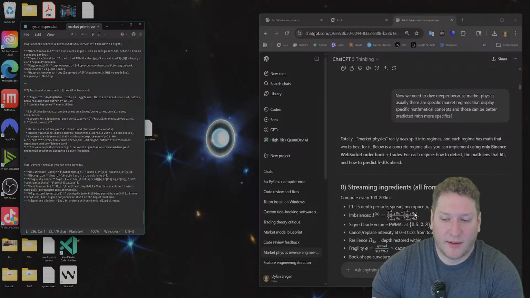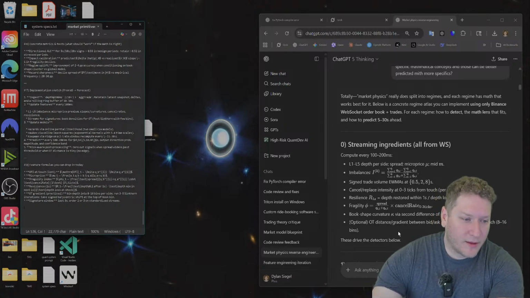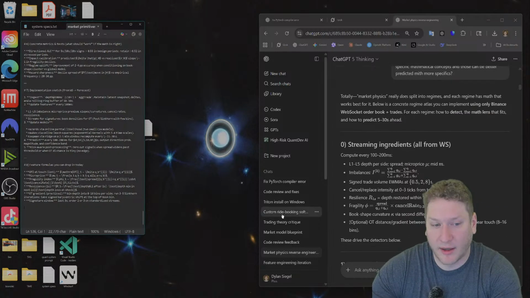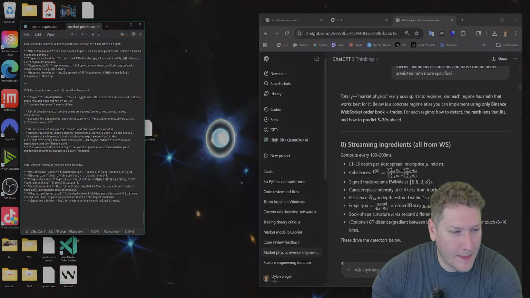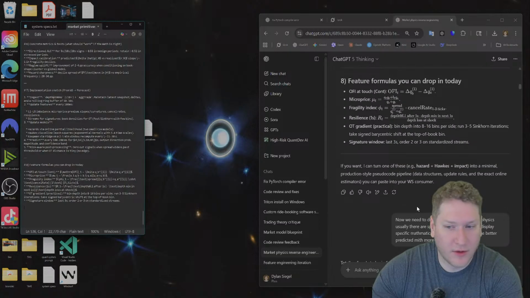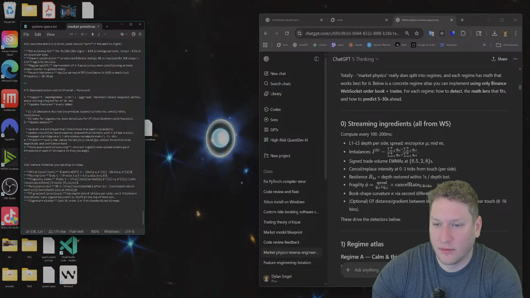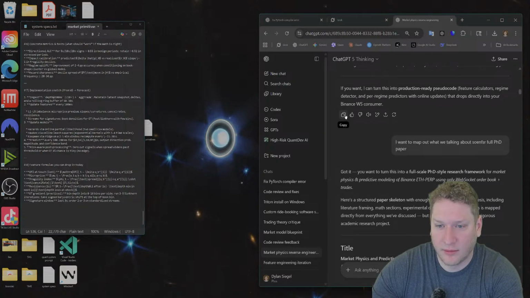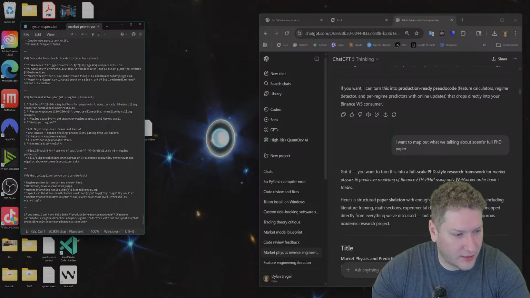A minimum trade time will be 5 seconds plus due to my latency. Feature formulas, okay. Yes, we want this. So there's a bunch of good data.